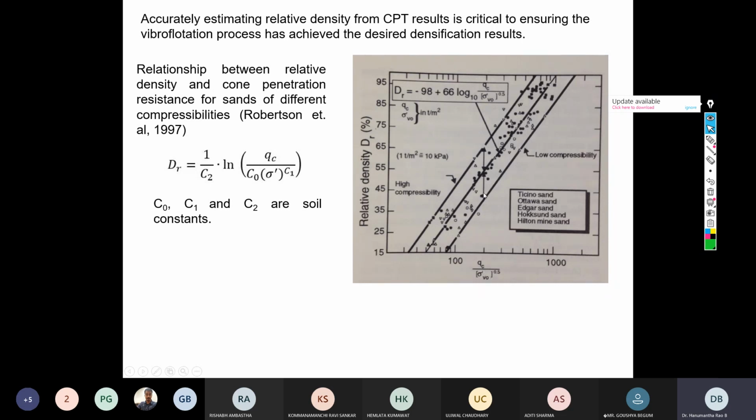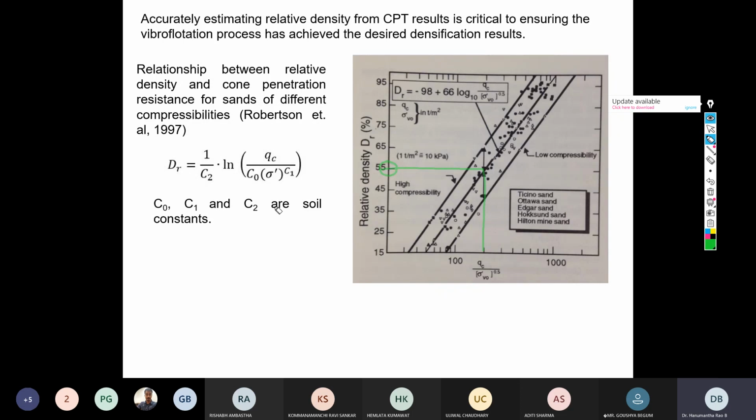Then pick up the value. Say, for example, your QC by sigma V is, say, 200. Then draw a vertical line and draw a horizontal line to the ordinate. This will give you the approximate value of the relative density,